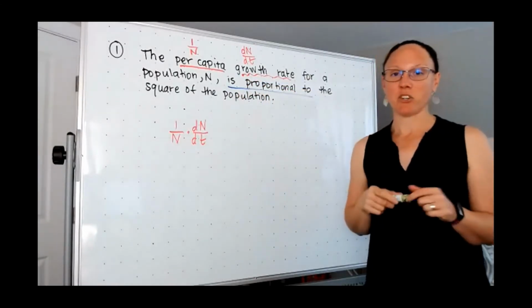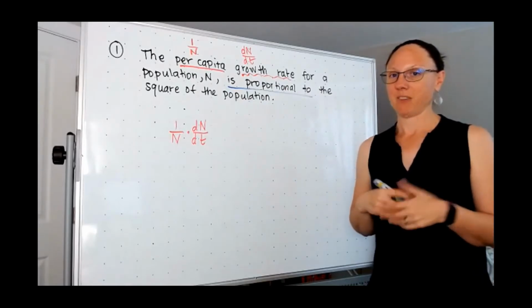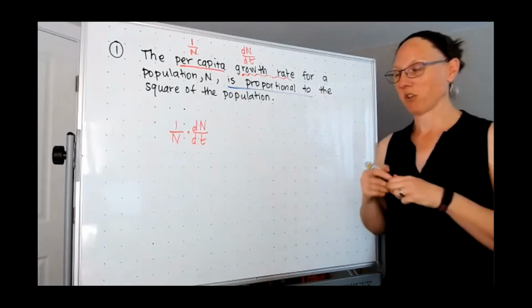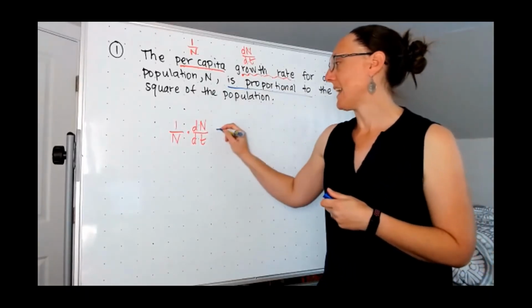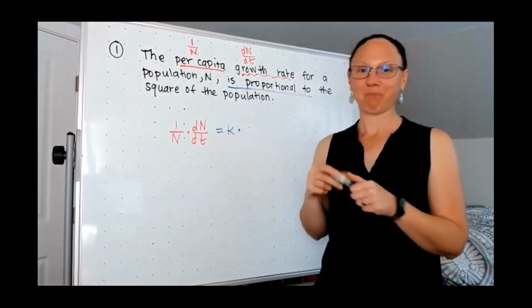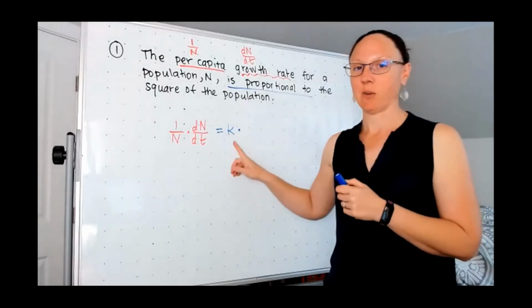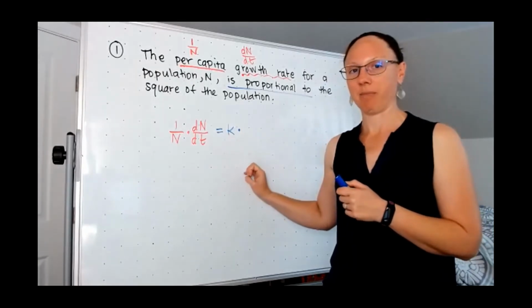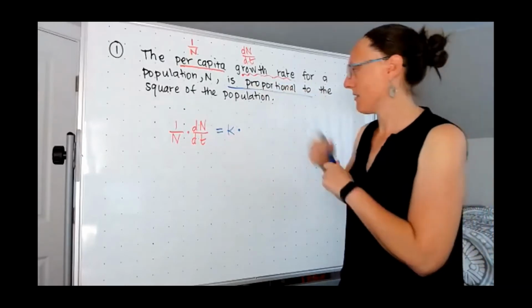And is proportional to means the same thing it did in an integrated 2 or an algebra 2 class. That is, proportional to means equals some constant times. Now, if it said inversely proportional to, then it would be a constant divided by. But is proportional to means the constant